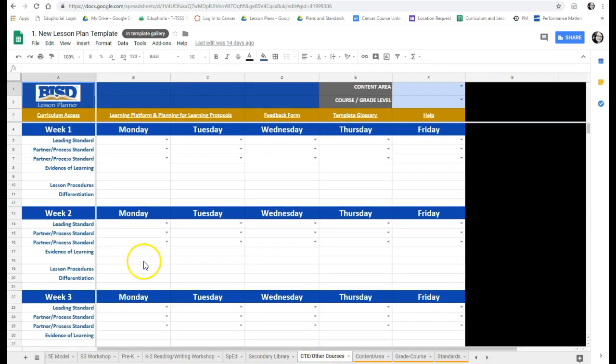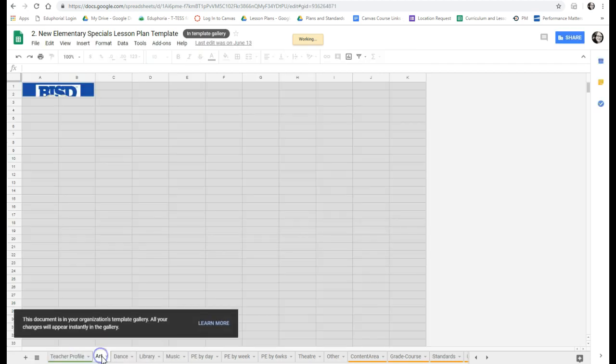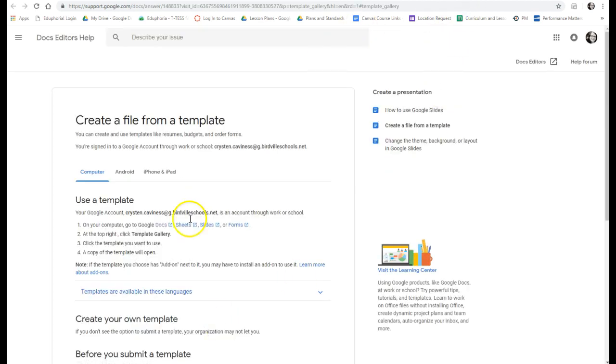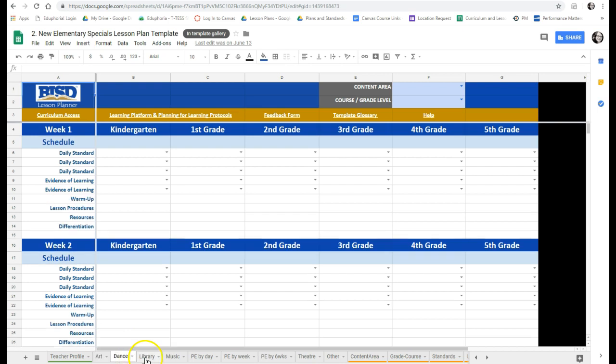We also have a template for our CTE teachers that's very flexible to meet all of their varying needs. In addition, we have some templates specific to what we call specials in elementary, so our different electives that, again, due to their unique needs, their templates needed to be set up a little differently. They're planning for multiple grade levels who come on different times and different days. So we've set up, for example, an art template that allows them to plan for whichever grade levels they'll see each week. Dance has a specific template,